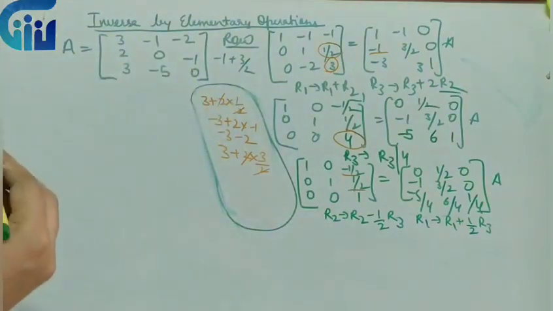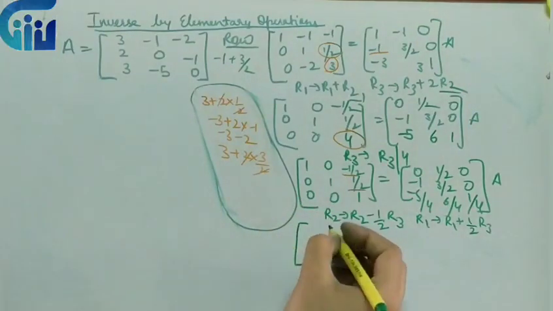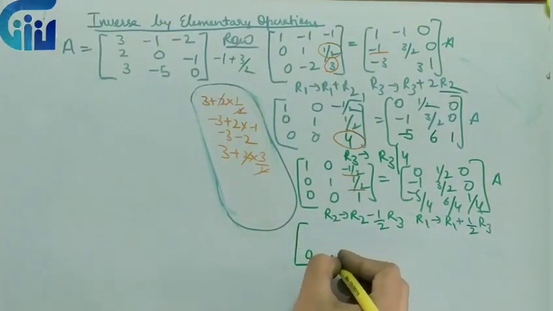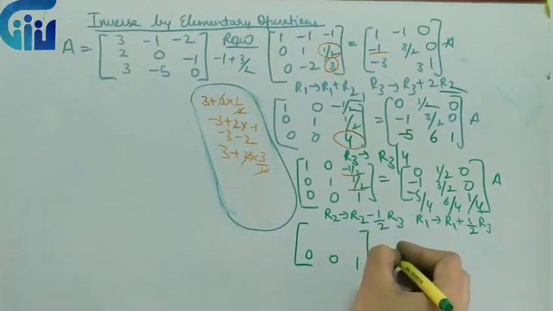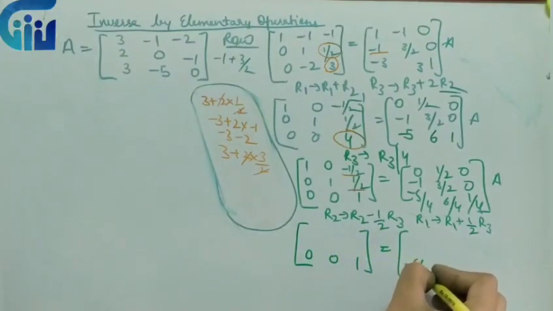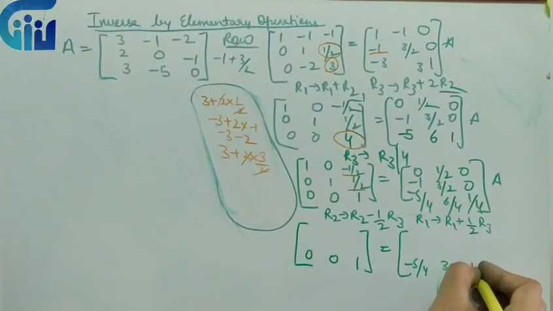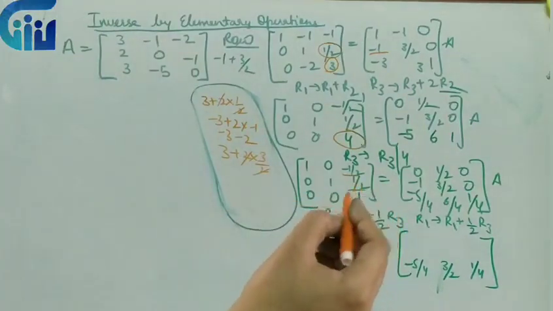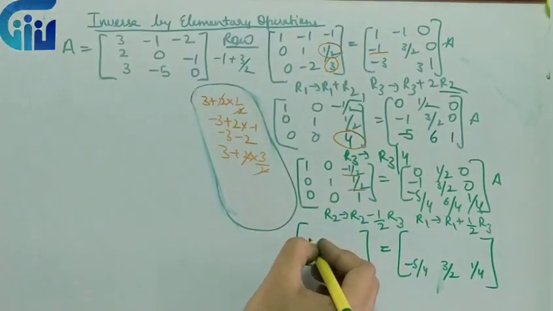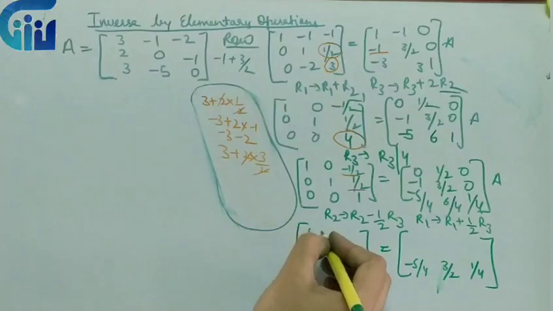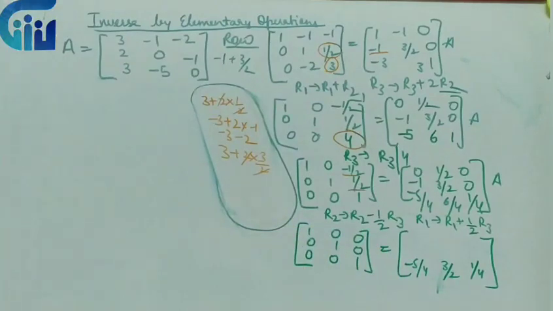So now let's quickly write the values. What values will we be getting? Over here R3 will be the same, so we will write R3 as it is: minus 5 by 4, 6 by 4 can be written as 3 by 2, and 1 by 4. Now let's do the calculation for R2 first. I can quickly write everything because these are the things which I have kept in mind. I'll do the calculation only for this particular part.